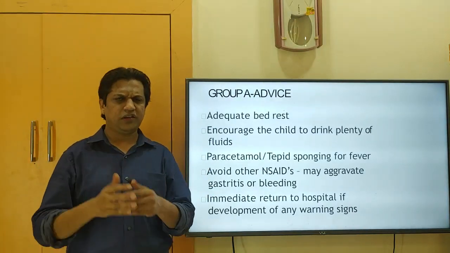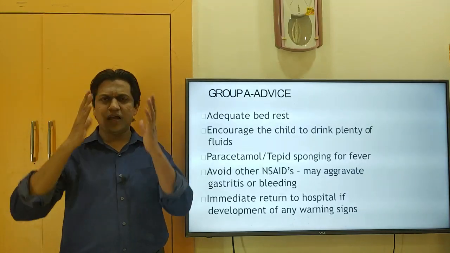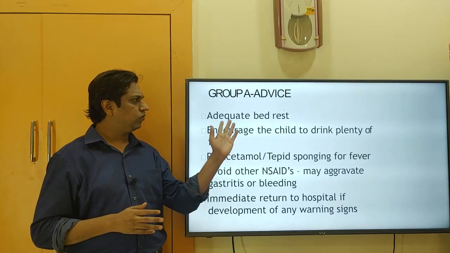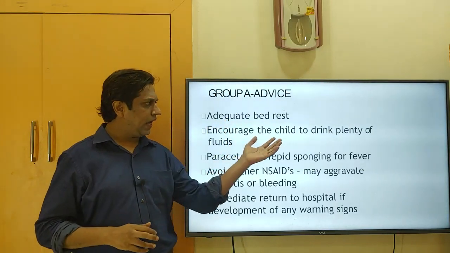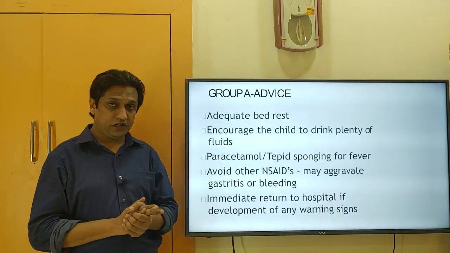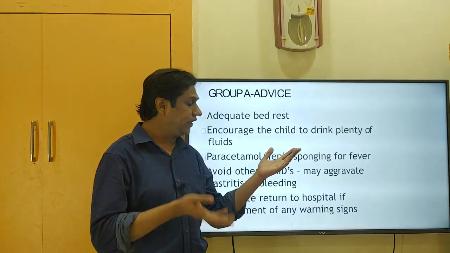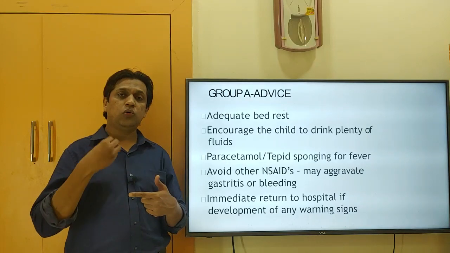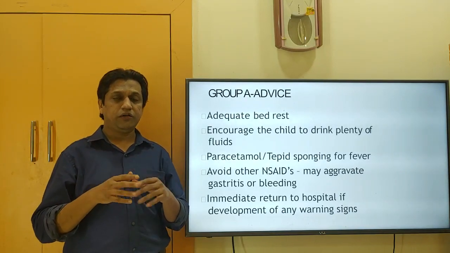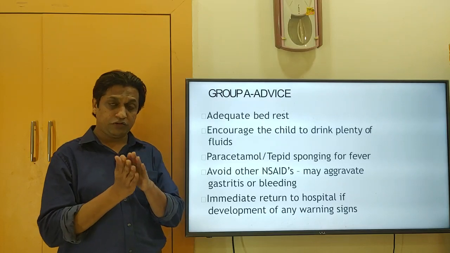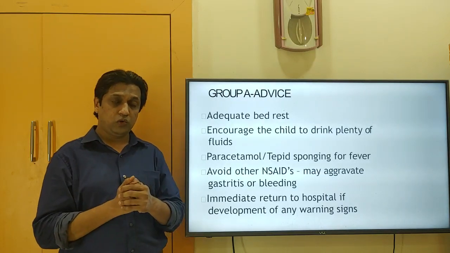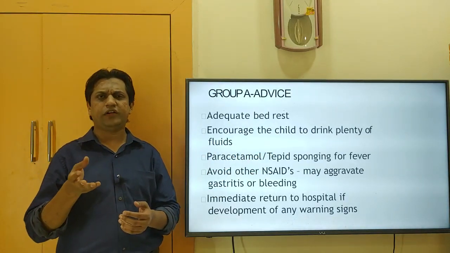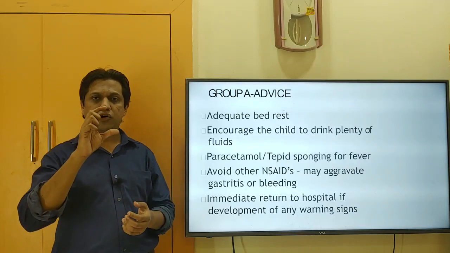So the Group A patient will just have fever, body ache, myalgia and all, and their hydration status is good. What advice do we give? To have adequate bed rest at home and encourage them, especially children, to drink plenty of fluids, even adults. The most important advice we give is to have plenty of fluids, because due to the increased permeability, there is a likelihood of fluid loss. To avoid that fluid loss or to replace it, let them take plenty of fluids like juices, or even electrolyte solution or ORS can be given.